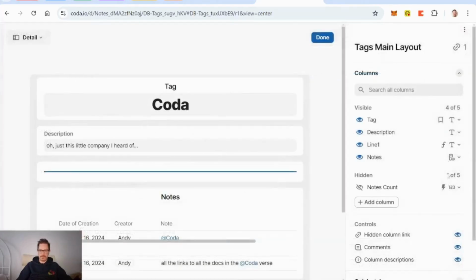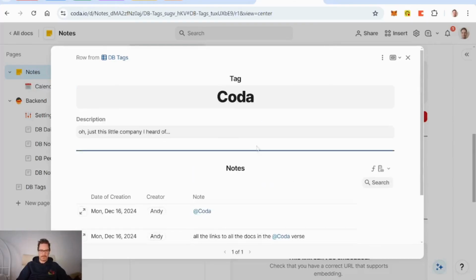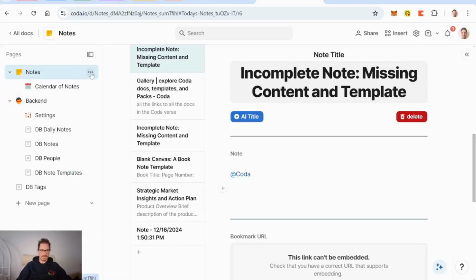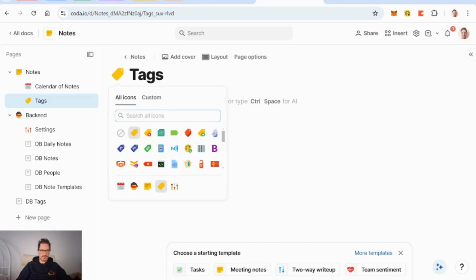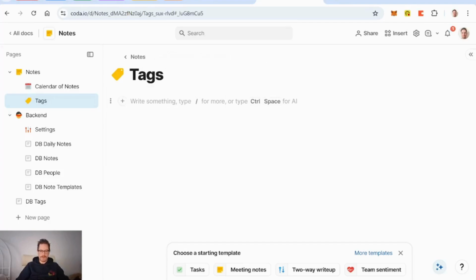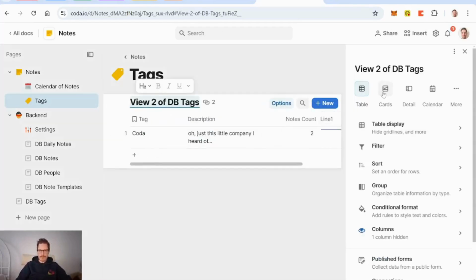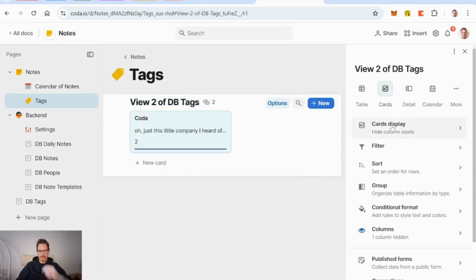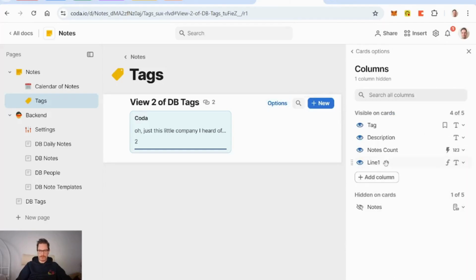All right, so that's pretty cool because now from my tags perspective, I would be able to see all of the notes that I had written. Isn't that fancy? So on my cards, I probably want to take off below the columns,